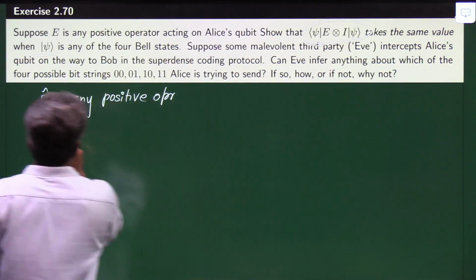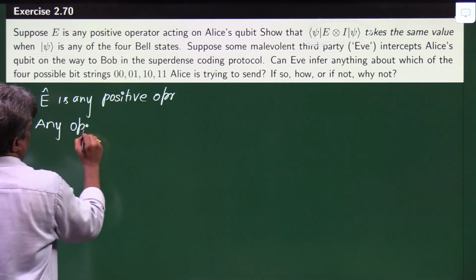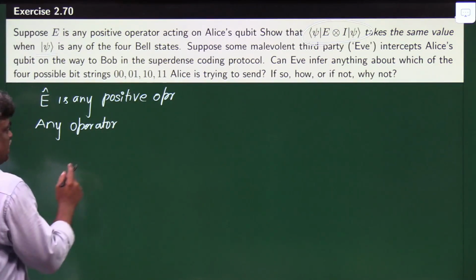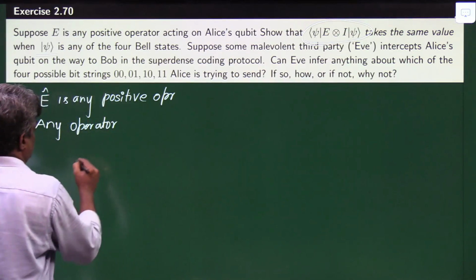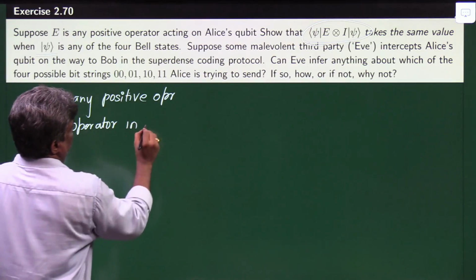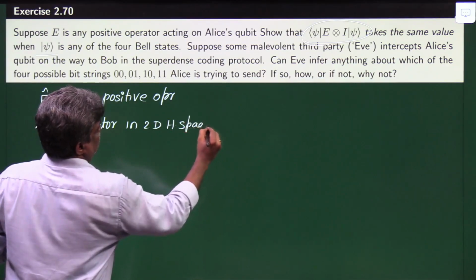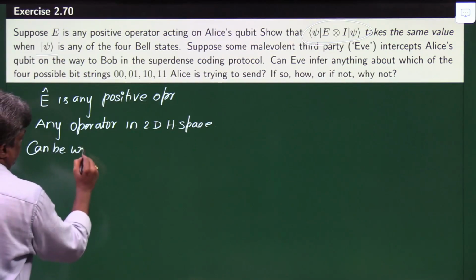I think I have discussed it already in earlier classes. If you have not seen those videos, I request you to please go back to the other solutions. Any operator in 2D Hilbert space can be written as